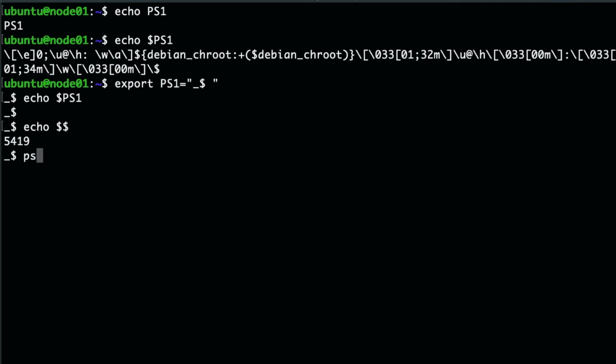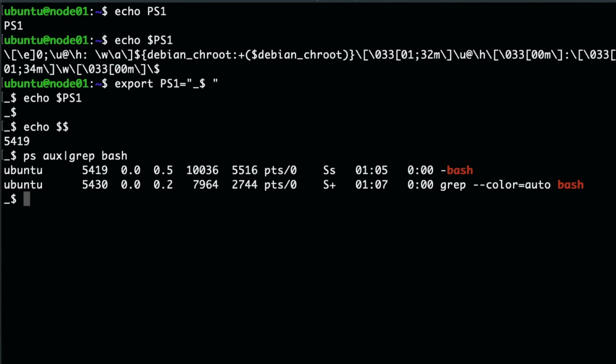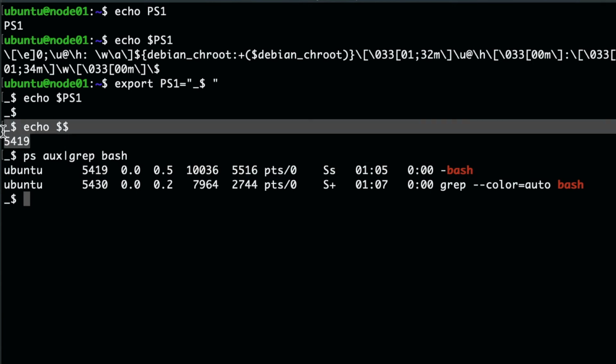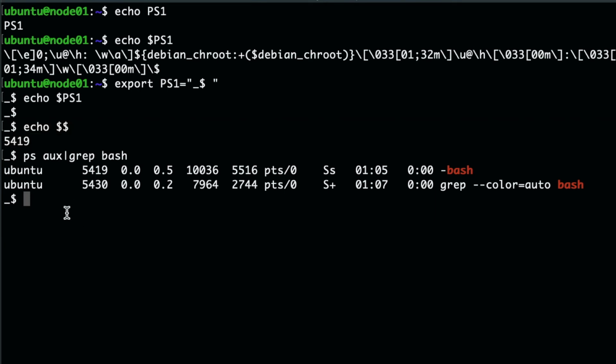We can actually verify this with ps command. PS command shows us all the processes we have. And let's grep the bash one. You can see that's the PID. It's same what we see here. So that $$ actually represents the PID of bash.